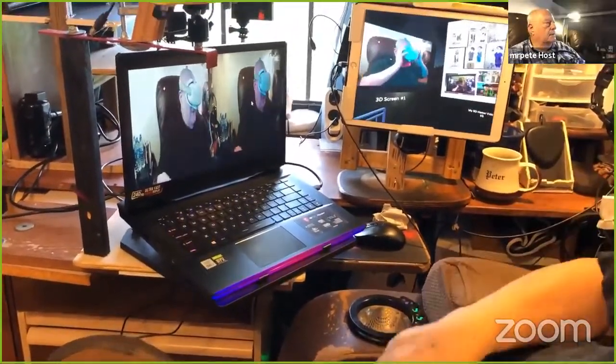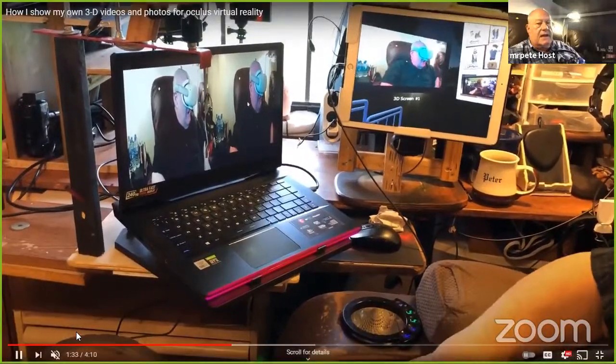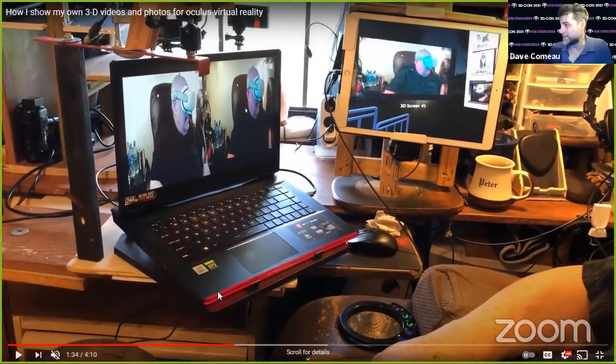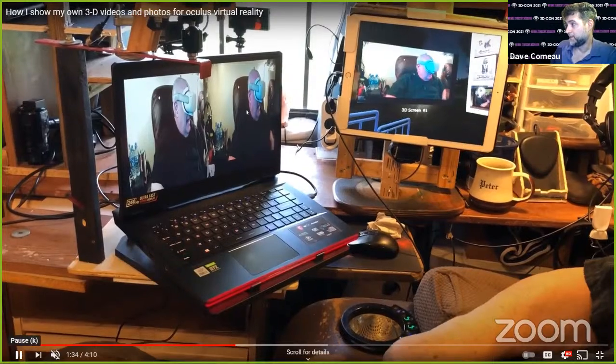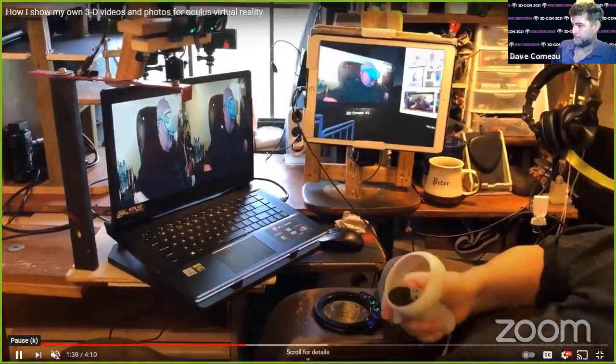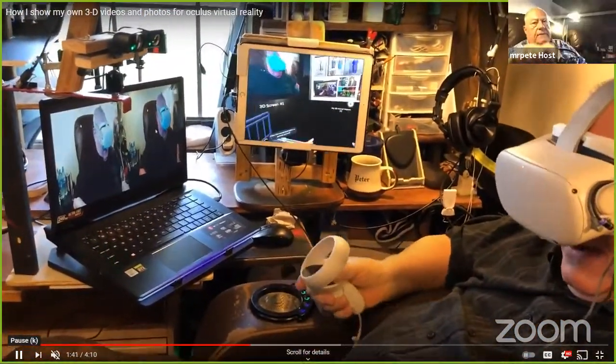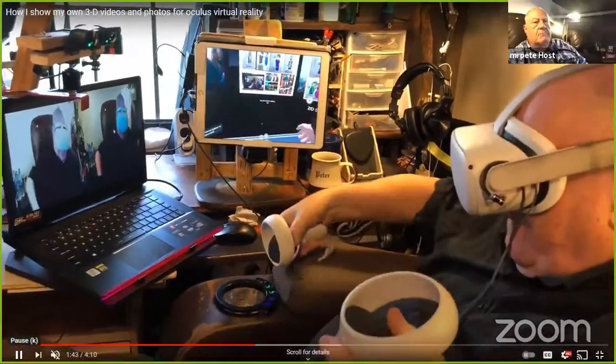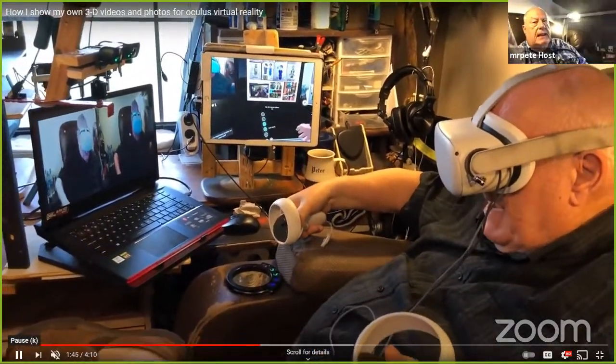We haven't got it perfected. Yeah, so this is a good shot right here. So you have on the left your laptop, and on the right, that's AltSpace. Right now it's only in 2D, of course, but that's you. There's a bleachers. I've been in that room. Now, as it comes up, you can see I have wooden clamps, and I clamped two